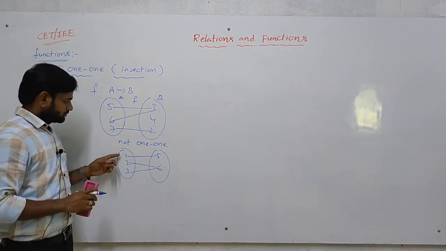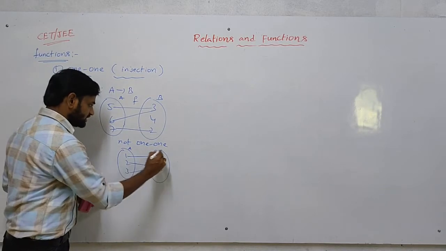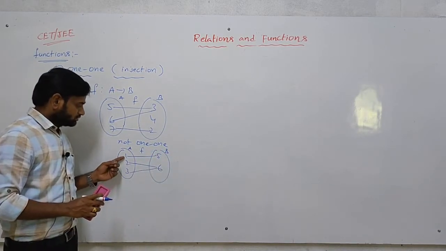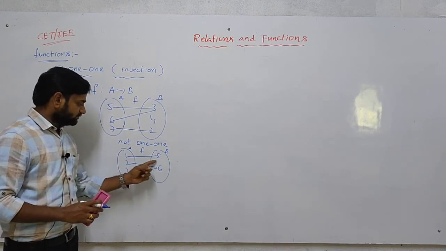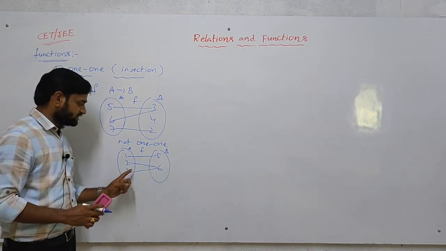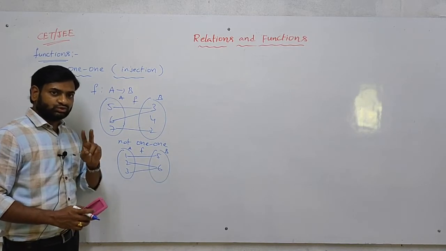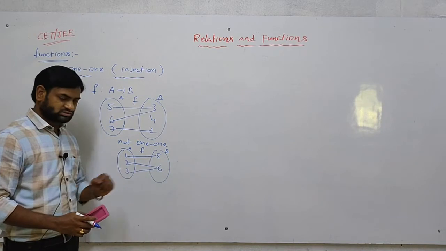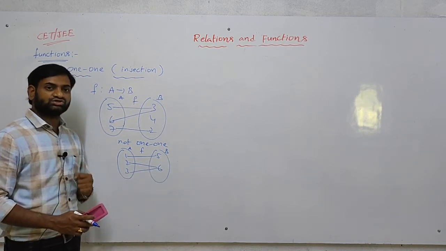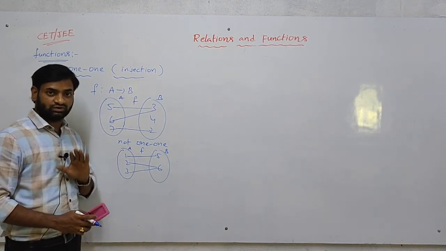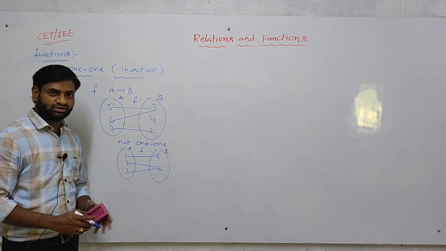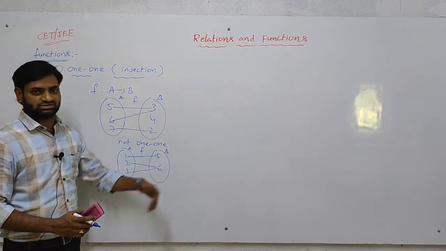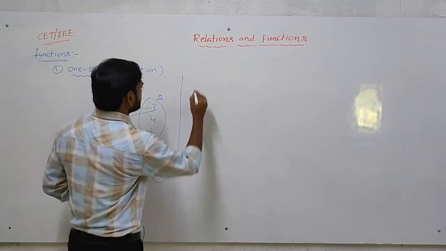See, in the set A, which elements do we have? That is A, B function. Now, the image of 1 is 5, the image of 2 is 6, the image of 3 is also 6. Here, 2 elements, that is 2 and 3, have the same image, that is 6. Now, is it a function or not? It is not, sorry, is it 1-1 or not? It is not a 1-1 function, because the condition is different elements should have different images. How will it be?